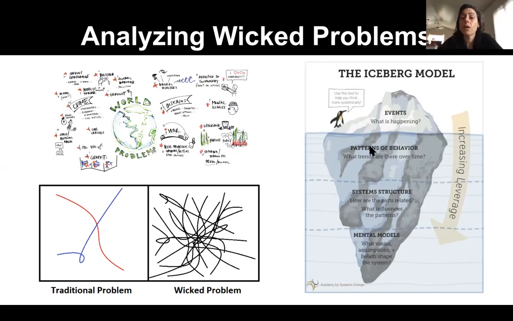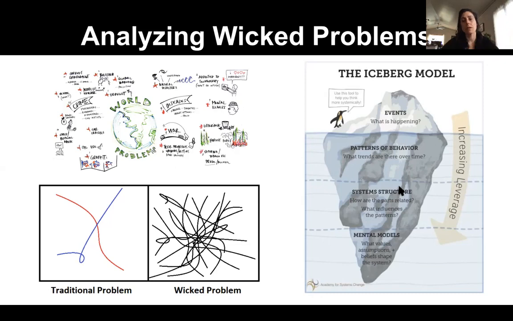But it's really important to go a little bit deeper and talk about, well, what are the trends and patterns that are happening over time in this problem? And oftentimes we'll do that analysis through a written paper, and we'll show claim, evidence, reasoning. Here's what's going on. It's really important when you're looking at a wicked problem to go one layer down and say, let's understand the structure of this system. And let's look at all the different parts and how they are connected and what's influencing those patterns,